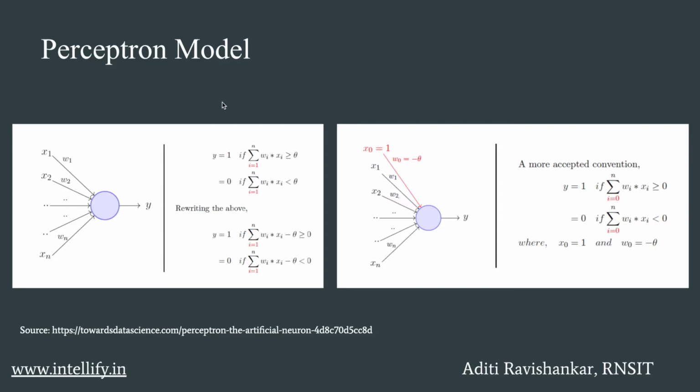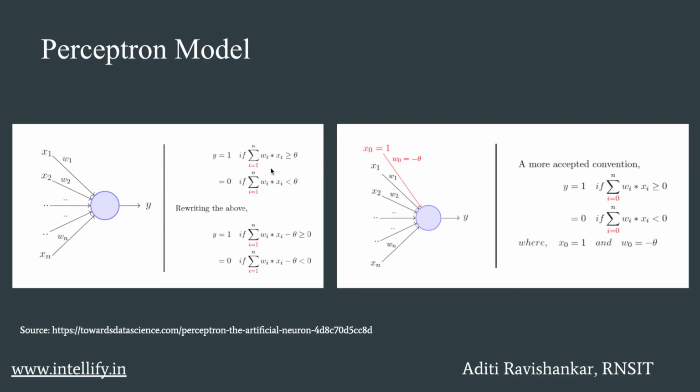Now, this is actually quite similar to the MP neuron, but we take a weighted sum of the inputs and set the output as 1 only when the sum is more than the arbitrary threshold, that is theta. So, y is equal to 1 if summation i equals 1 to n, wi xi is greater than or equal to theta. So, this is the weighted sum now.